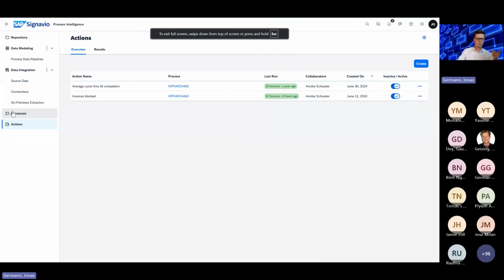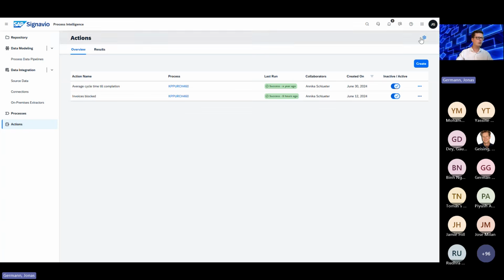So let's assume we have this process and we have the data already set up. Then I can create so-called actions. Actions are the possibility to take a special information and trigger, for example, SAP Integration Suite or SAP Build Process Automation or Microsoft Teams, send a notification out or sending a webhook. So, for example, if you use non-SAP technology regarding workflows, APIs, or notification systems, something like that, you can also use that. How to set it up?